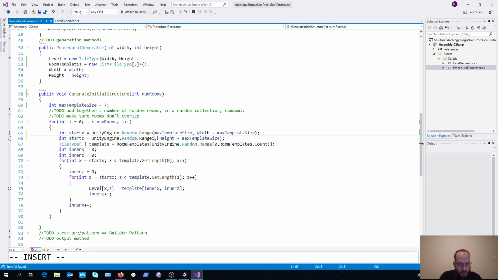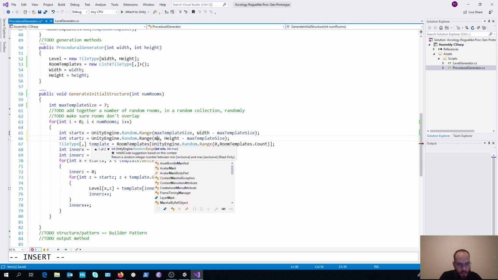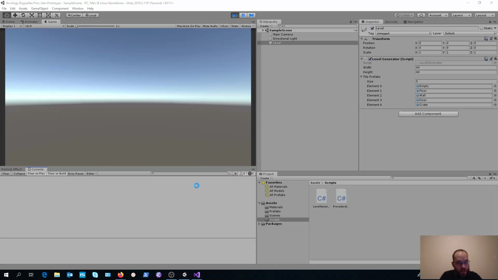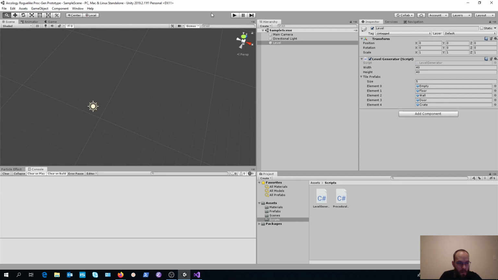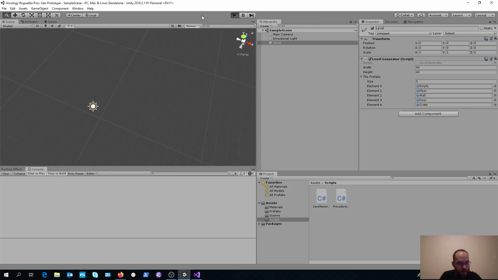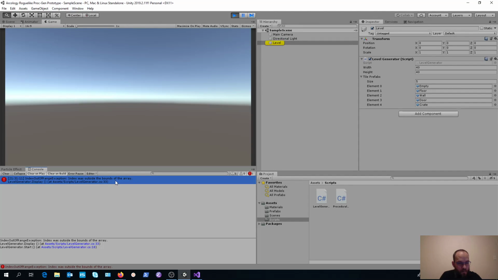If our level doesn't exactly start at 0, 0, that's fine. Our player doesn't need to know that, so long as we can create something that is realistic looking and feeling to the player inside that space that we've created. Okay.